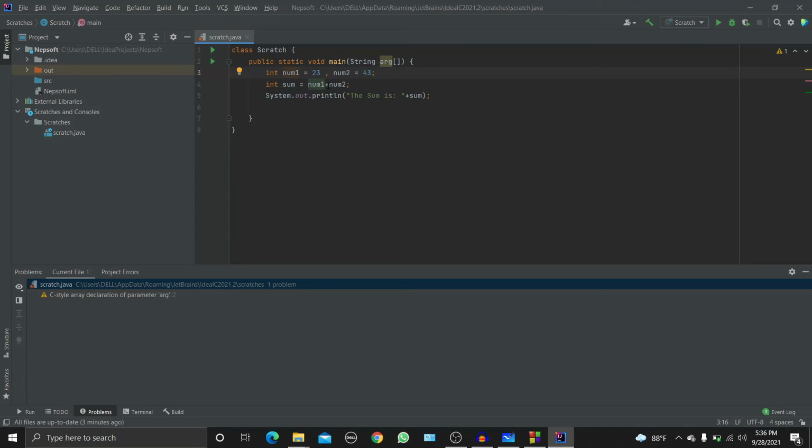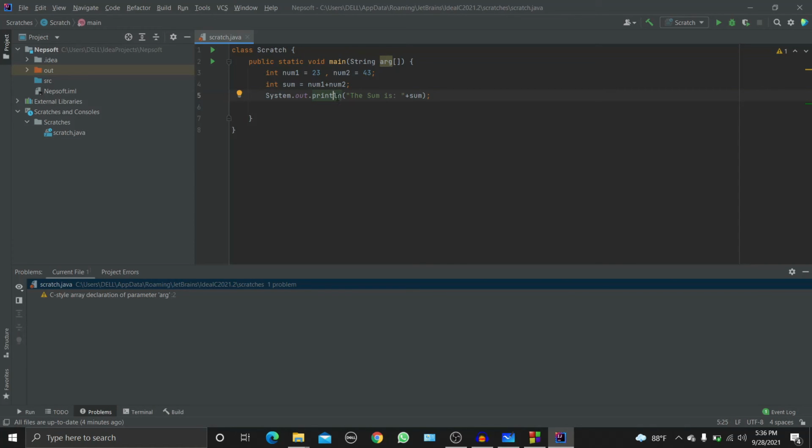And we declared another variable that's named sum. And we have put the value of num1 plus num2 in the sum. We have just assigned it using the assignment operator, and then we have System.out.println. System is a package over here in Java. Inside that package there is another one, out, which is used to display, and we have the println function.